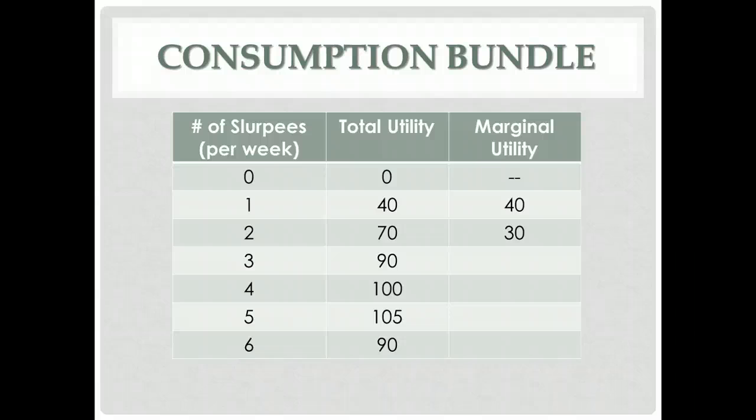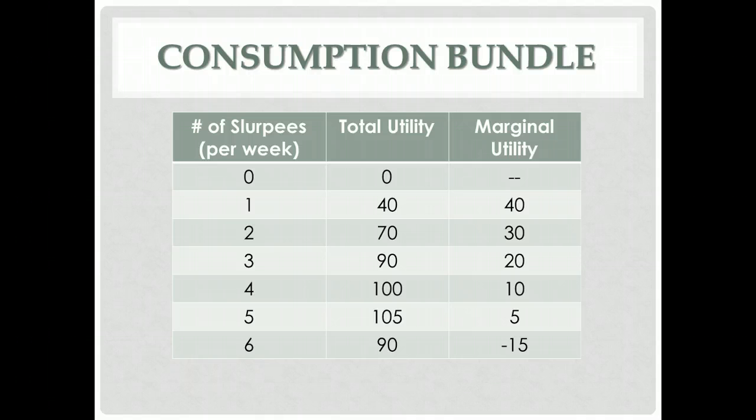Going from 2 to 3, my marginal utility would be 20 utils, because I had 70 units of total happiness with 2 Slurpees. Now with 3, I've got 90 units of total happiness. So I've added 20 utils. Marginal utility then would be 20. And so for 4 Slurpees, it's 10. For 5, it's 5. And for 6, we have negative 15 utils of marginal utility, meaning I actually lost 15